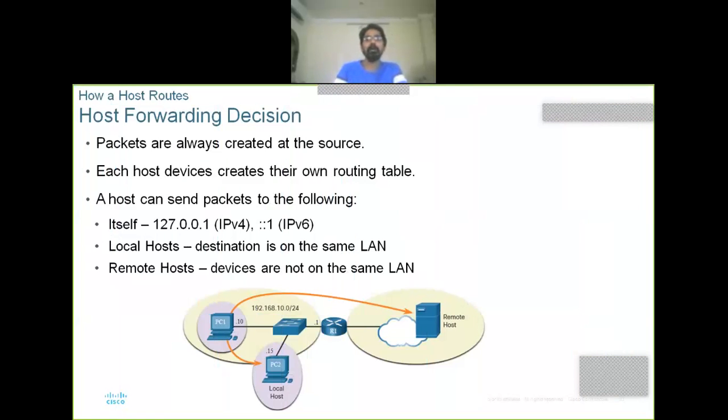Next, how a host routes. Up to this part, we connected devices, we configured devices with IP addresses, and we have a basic understanding of IPv4 and IPv6, and how to write an IP address or configure an IP address for a device. Next is how a device forwards its data to a remote host without knowing it. Without knowing it, how does a device forward data to its host?